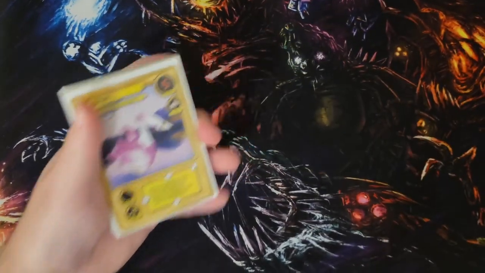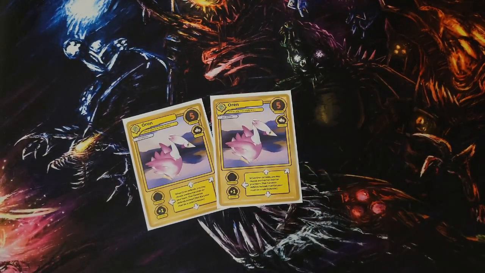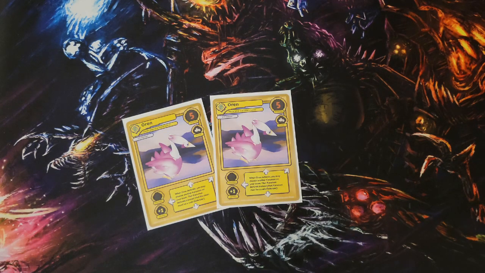So we'll go ahead and go through the first and foremost. We've got a birdie, Orin. When Orin defends, you can choose another Karumon on your team that Karumon defends instead. It has to be a valid defender. So the attacker's arrows have to be in the right place, depending on you wanting to shove the defense off on somebody else, but still can be very, very effective, especially if you play it near one of your stronger